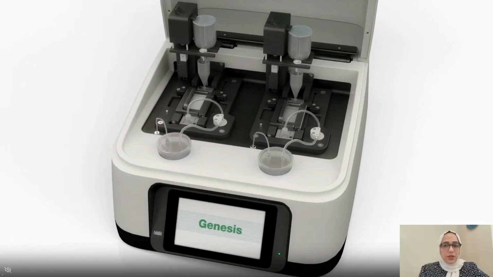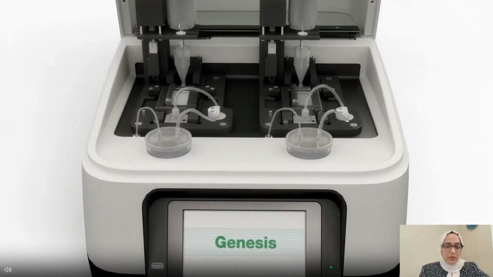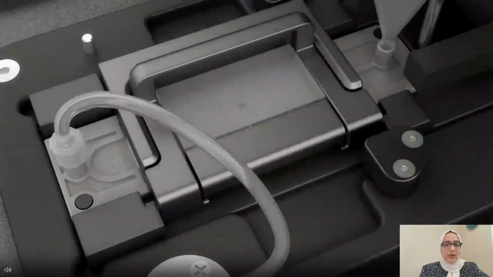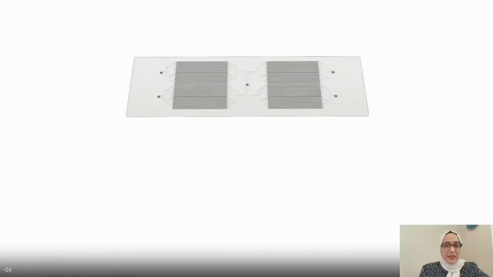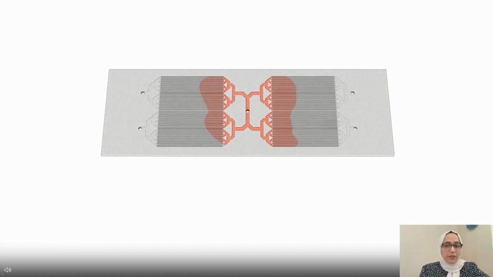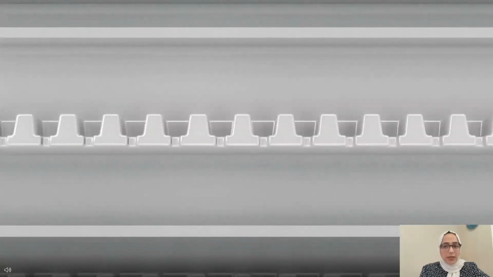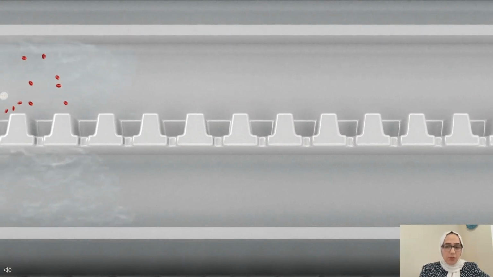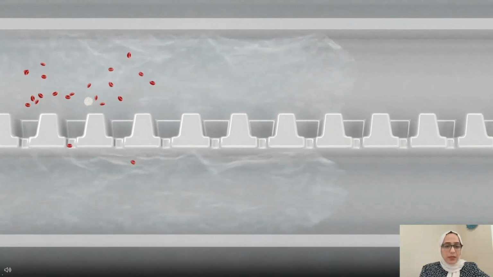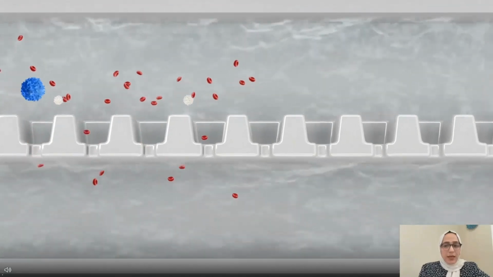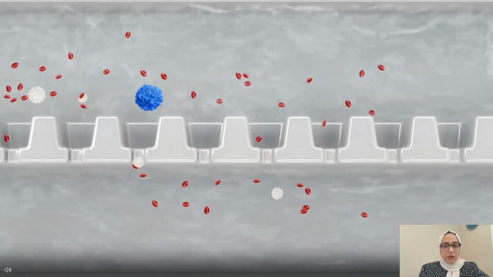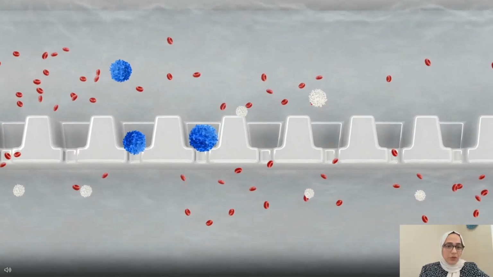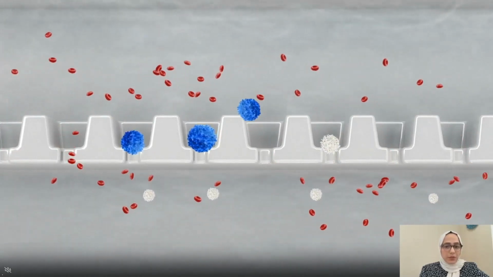The technology enables the isolation of CTCs from liquid biopsy samples, such as blood, as I mentioned, and there are two sample lanes, as you can see, enabling the processing of two samples simultaneously. The CellSelect slide is designed with 56,400 microchambers that capture CTCs based on differences in cell size and deformability, while RBCs and white blood cells, shown here as red and white, are filtered out through the microchambers, while the CTCs, the blue ones, can be captured in the chips.